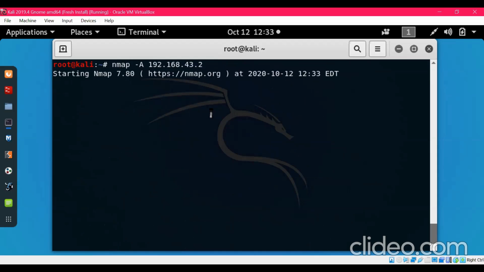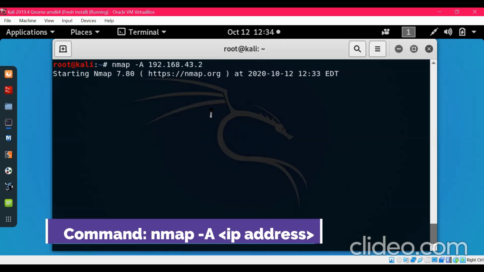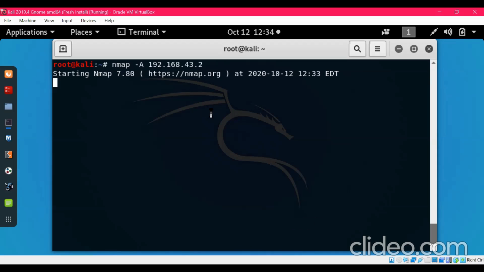This will run OS detection, give us different versions of the OS that might be running behind this IP address, and it will also give you the traceroute and all the ports that are open. So it's a much stronger command than the dash O that we previously used.